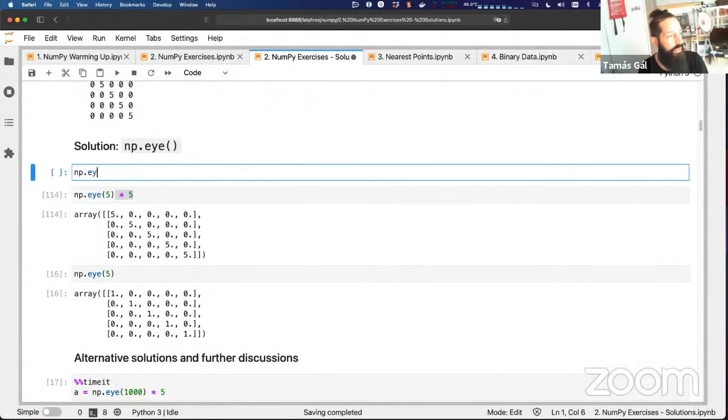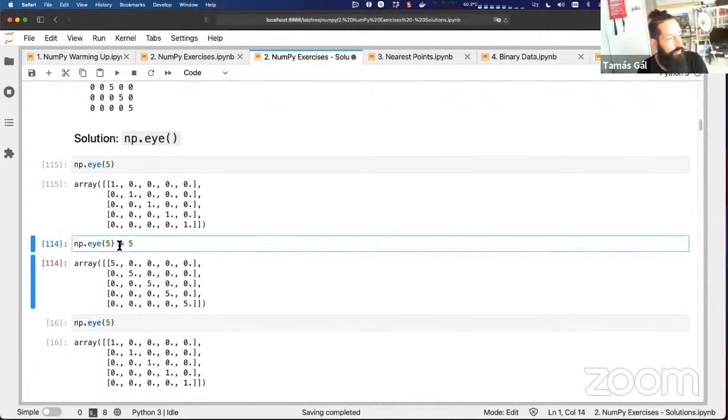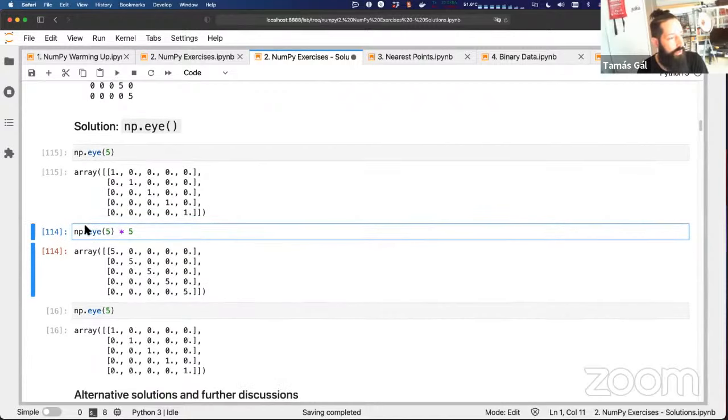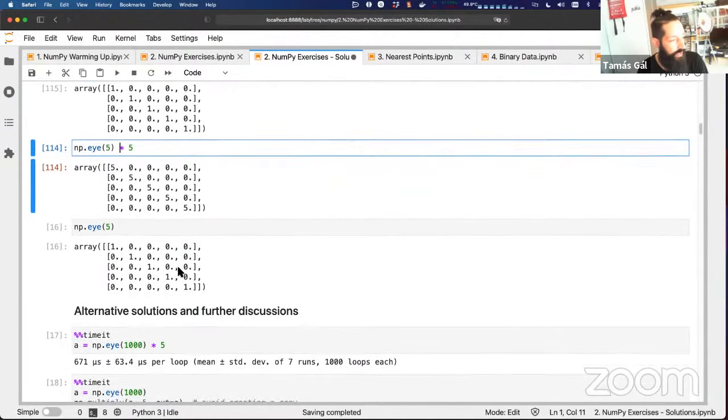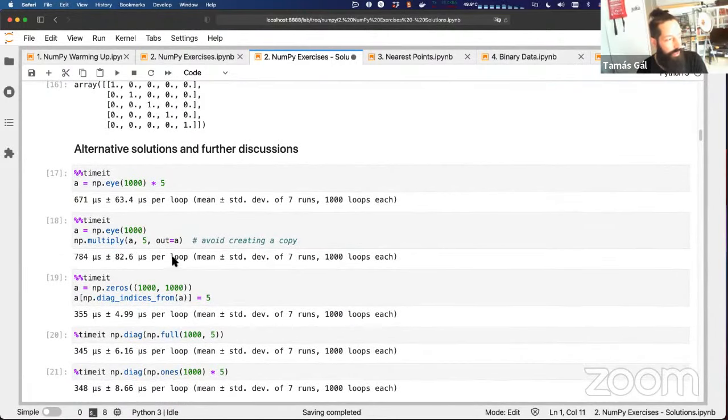So again, if I just do an I5, I get this identity matrix. And when I multiply it with 5, it will multiply every single element with 5. And of course, so that we have zeros on the other side, only the diagonals are 1, then now we get this. Let's have a look at this discussion, because if you use Numpy,